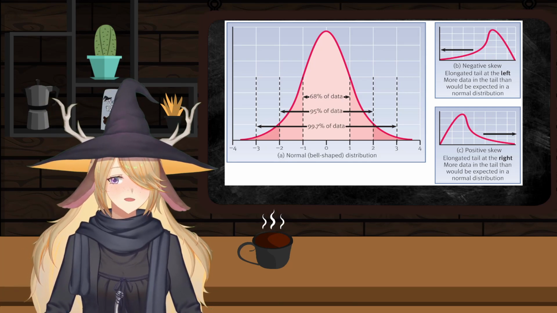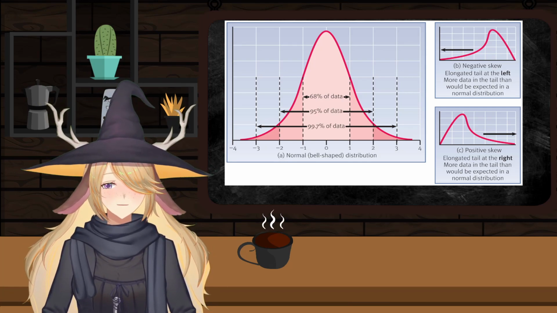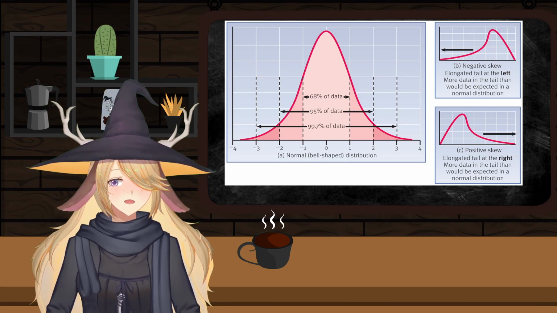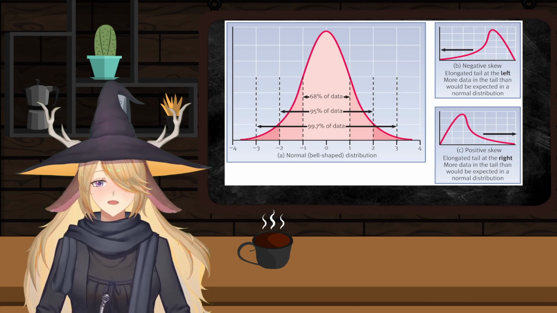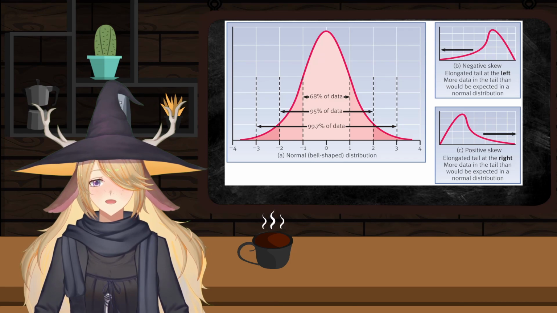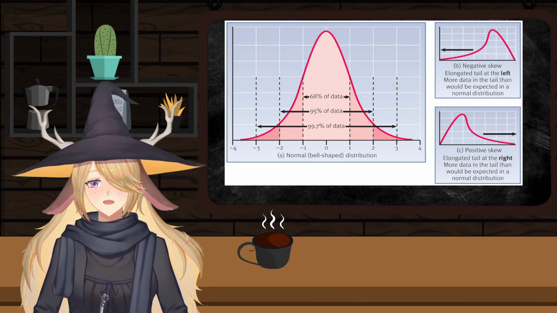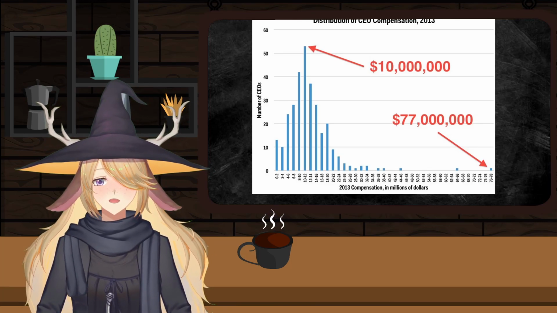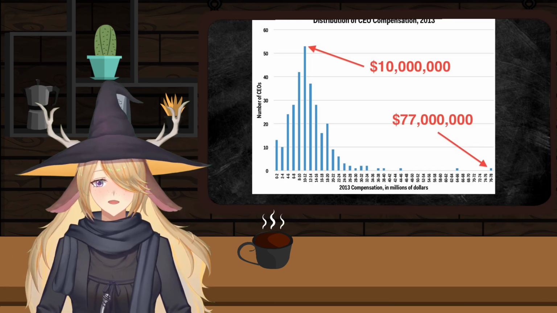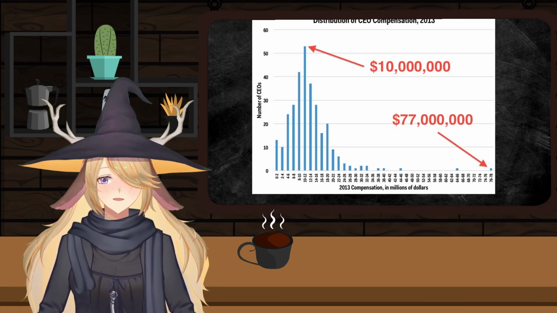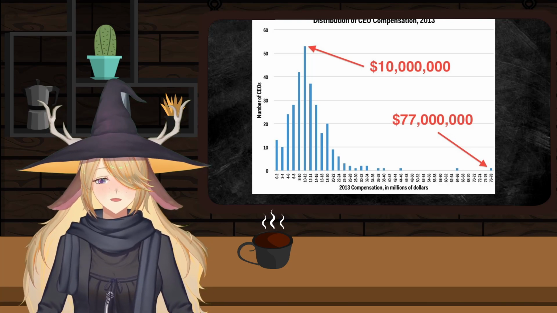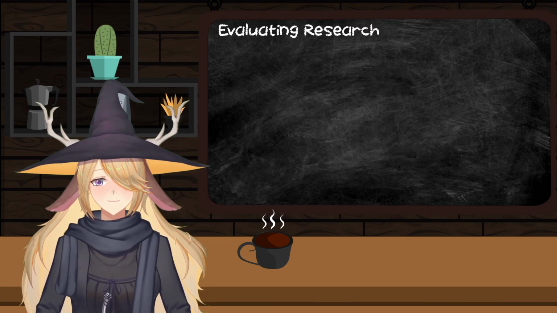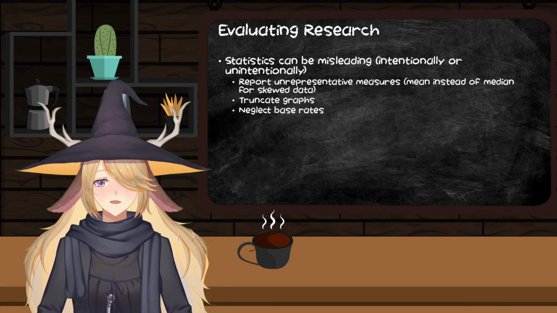So typically, the reason we want to care about normally distributed data that tends to follow these rules, and we are worried about skewed data, is because it turns out that a lot of the tests that we use, like linear regression and all that, have assumptions about the underlying distribution of the data. So if you're looking at something like CEO income and you want to do a plain Jane linear regression, it might not necessarily be advisable because you have heavily skewed data, which means that certain tests are not going to work under these environments, and you might have to fudge or transform the data in some way to make it work. So let's evaluate research.